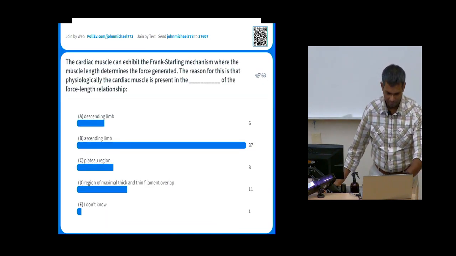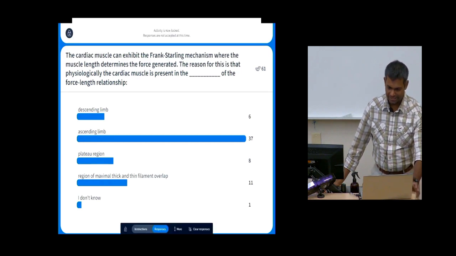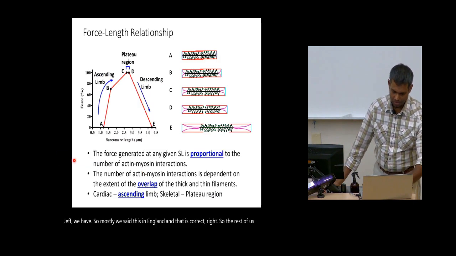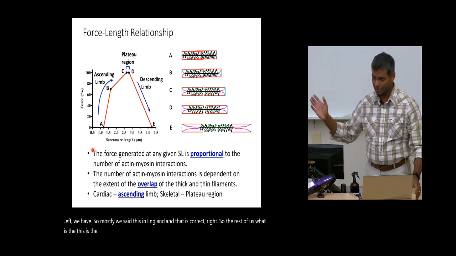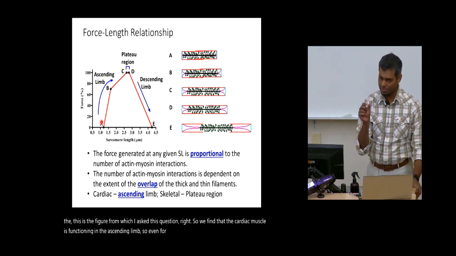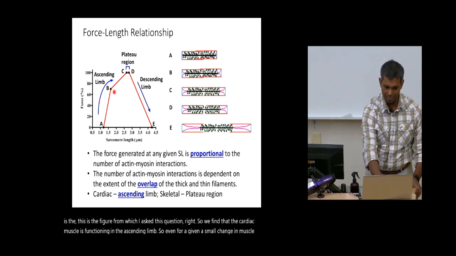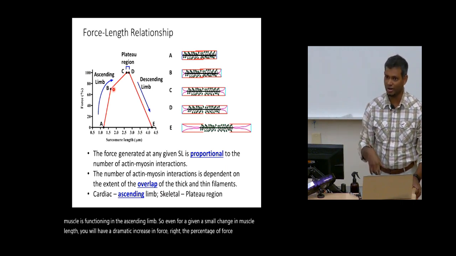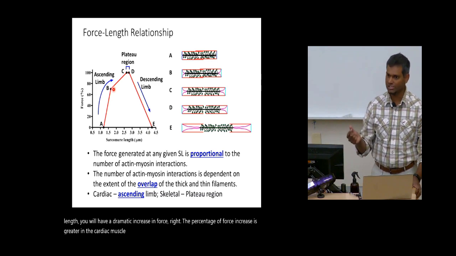Okay, most of you said ascending limb, and that is correct, right? For the rest of us, notice that this is the figure from which I asked this question. So we find that the cardiac muscle is functioning in the ascending limb. So even for a small change in muscle length, you will have a dramatic increase in force, right? The percentage of force increase is greater in the cardiac muscle, so it is more sensitive to changes in muscle